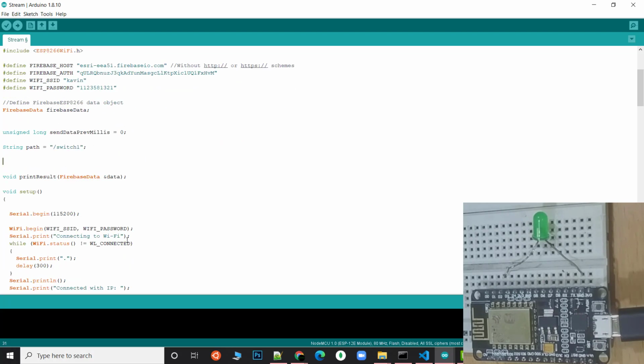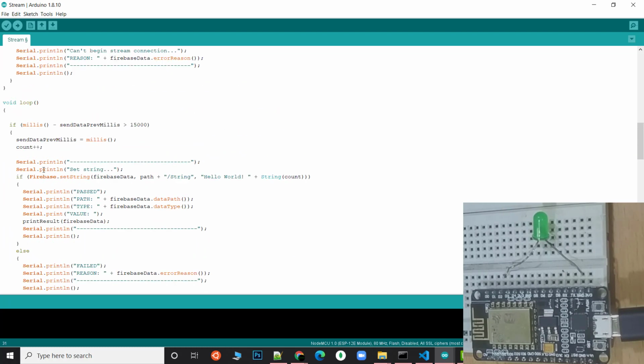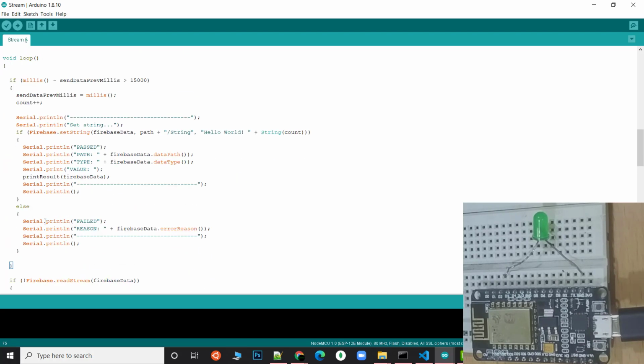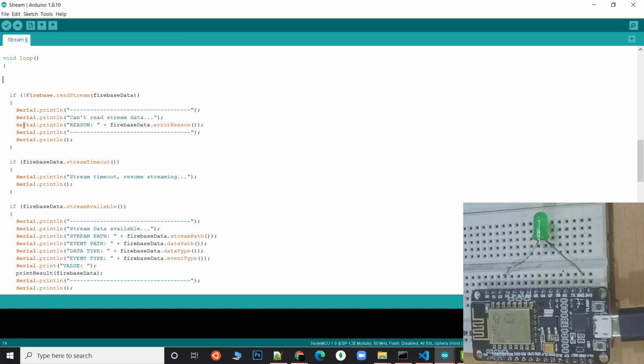Actually in this function, we are setting the values and removing. So in this void loop, just remove this whole if example, because what this if is doing is just sending the data after 1.5 seconds every time, and we are streaming the same value. It is done for showcasing the tutorial. I'm really a fan of this guy who created this library. And so this is done.